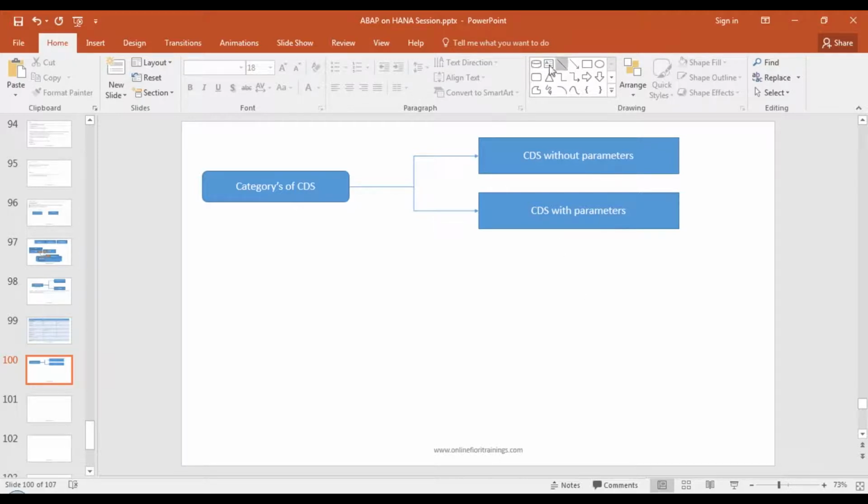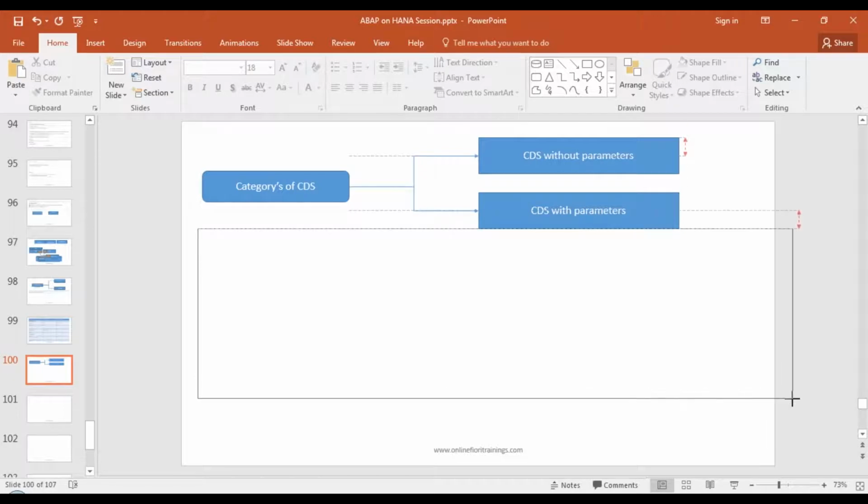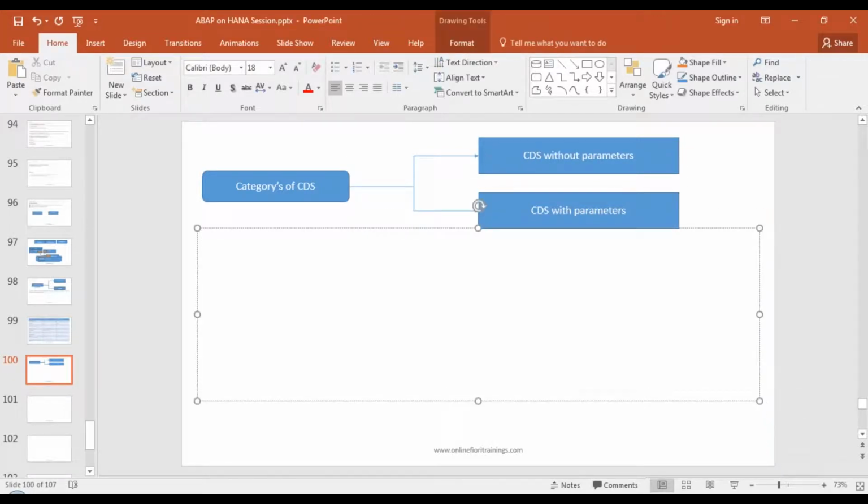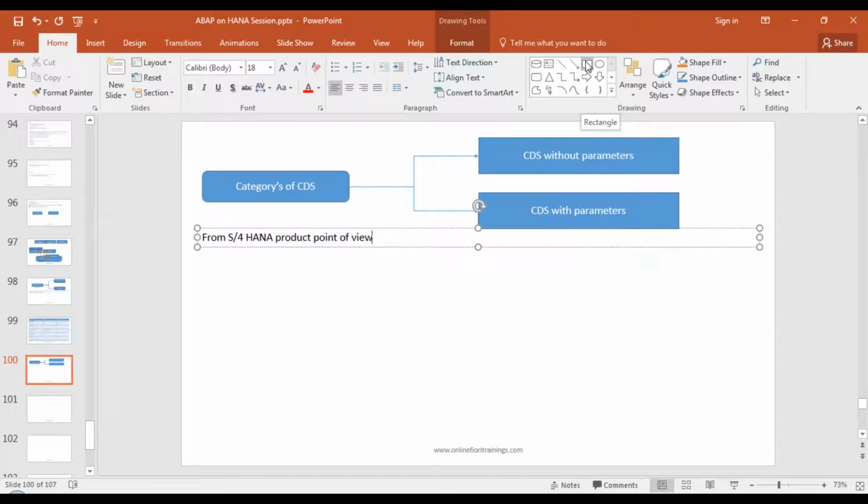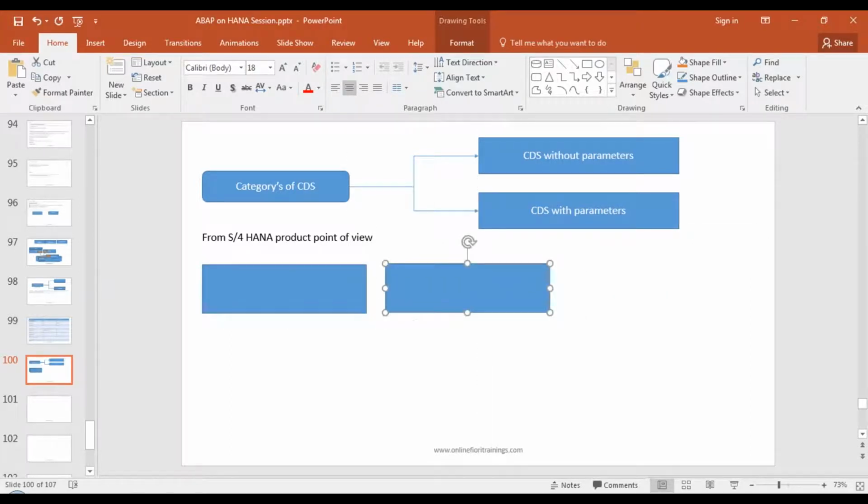Now, from the semantic point of view, for those of you working with the SAP S4 HANA product, from the S4 HANA product point of view, we have three major categories of CDS views, guys. This is very important information because I worked on one of the S4 HANA projects and I saw this there. How do they build CDS views? Basically, they build CDS views in three categories. Let me quickly brief you about those three, because this will also help you with S4 HANA products.